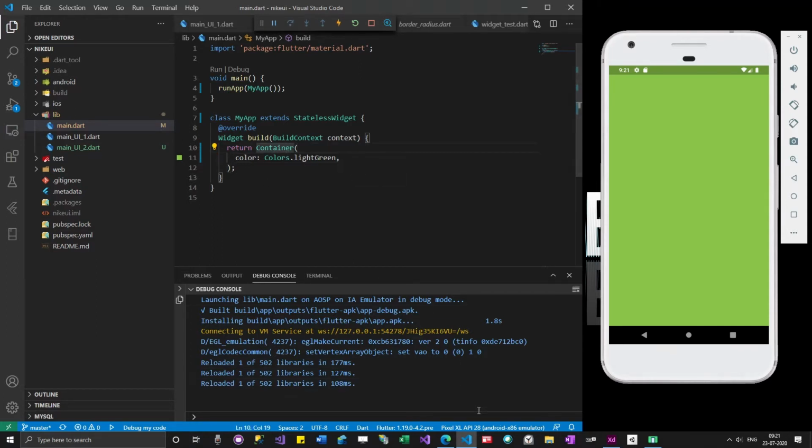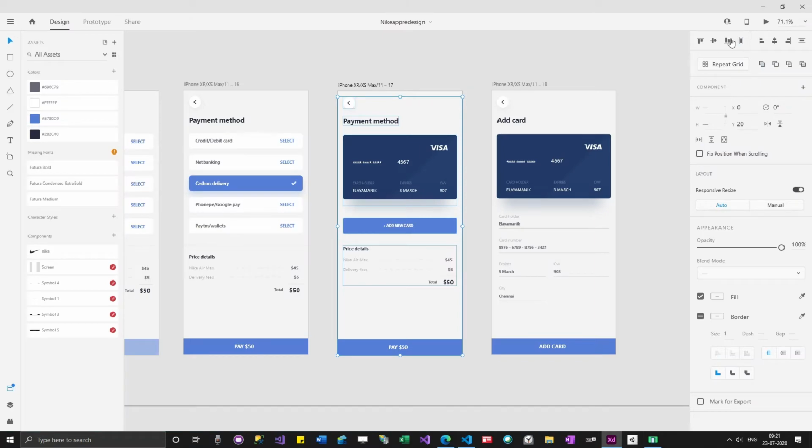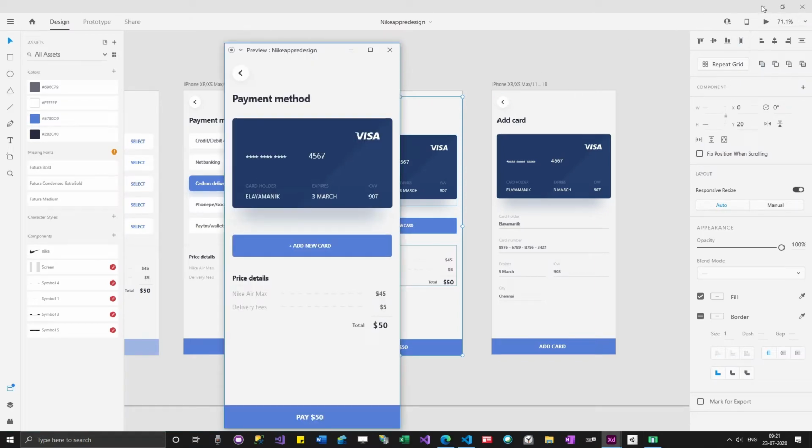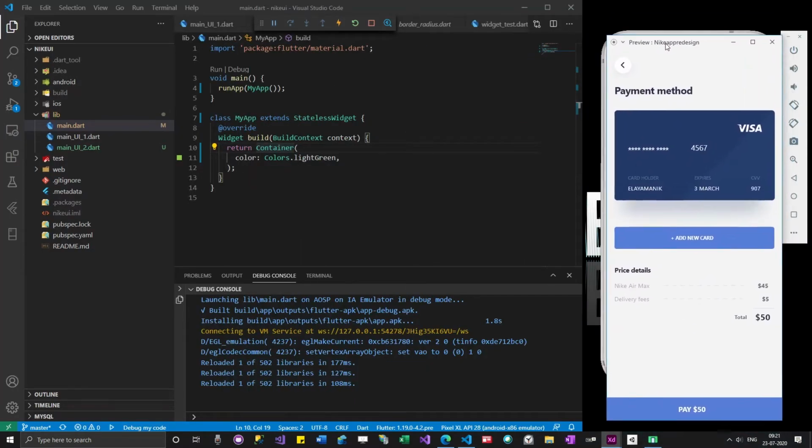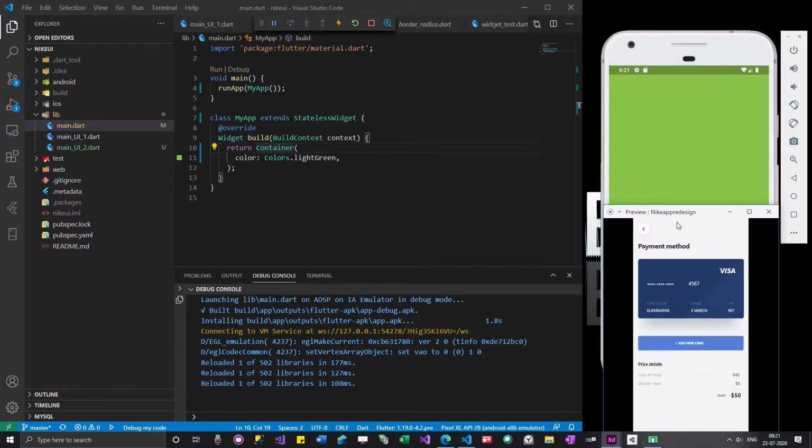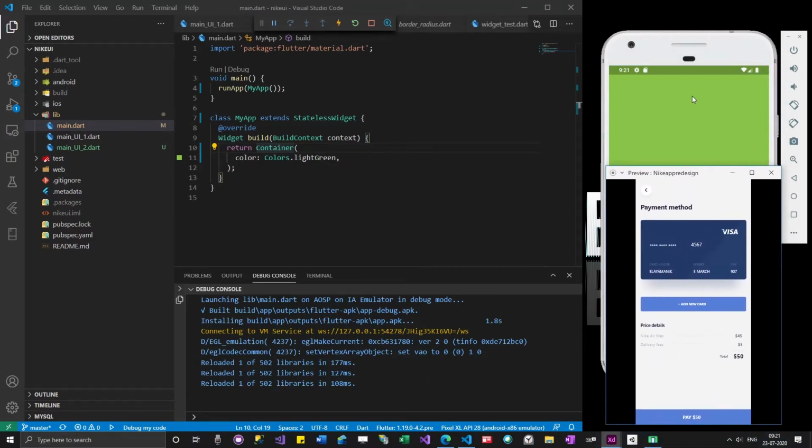So let's go here, click on play. Let's keep this side by side and then let's code our app. I'm going to add a, what are we going to add first? Yeah, MaterialApp, and then Scaffold.